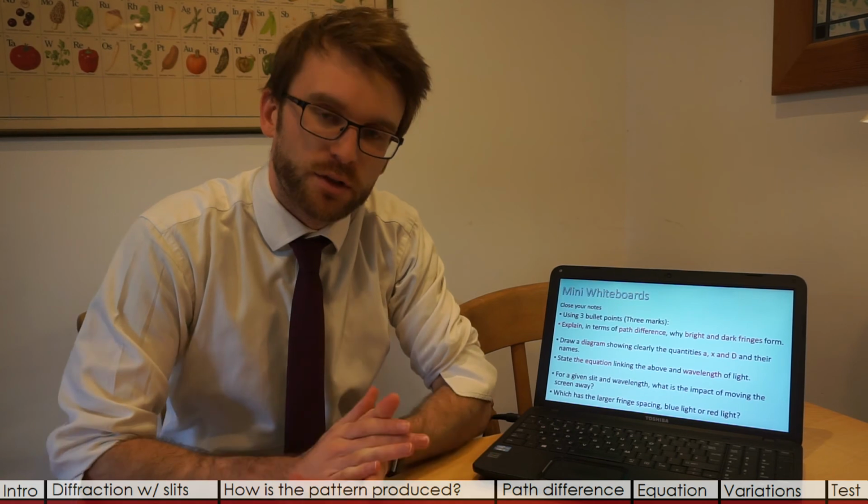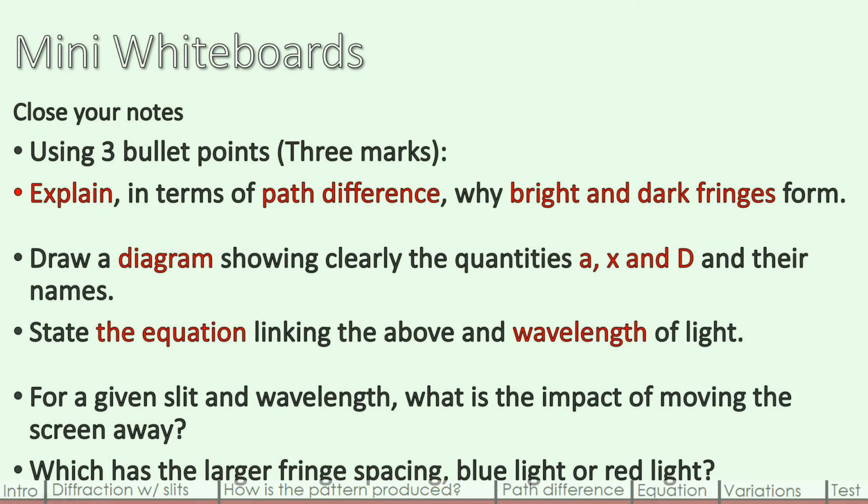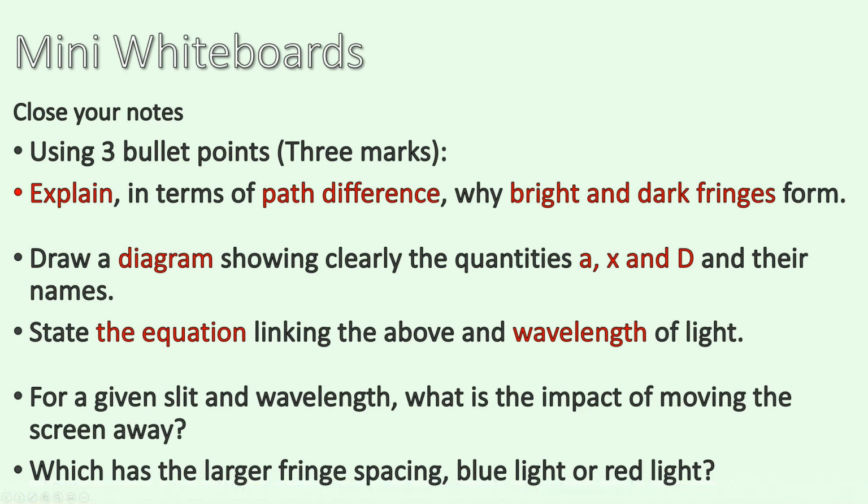So after watching this video, reading through the notes and doing some practice, you should be able to close your book and explain these things. Why do bright and dark fringes form? What does A mean? X, D, obviously what does lambda mean? And you should be able to think about how this equation would affect the outcome. So if I were to change the slit screen distance, if I was going to move the screen away, or if I was going to change the colour of light,